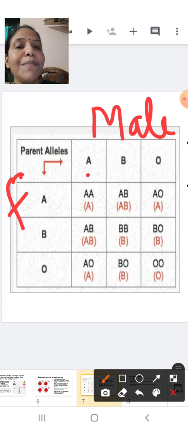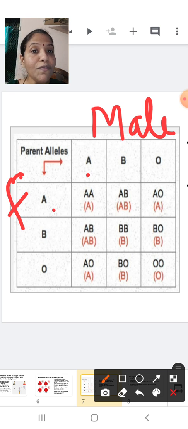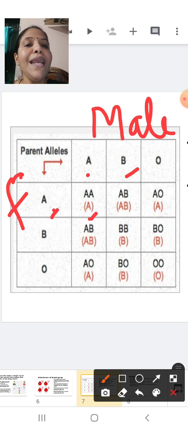and the female has blood group A, then what are the chances? The chances are that the blood group A of female and blood group A of male, both of them are dominant. So the child will be having what blood group? A blood group. If the female is A and the male is B, in that case the blood group will be AB. Now, in case the female has blood group A and the male has blood group O, in that case O is recessive. O is recessive. O will not express. O means 0. So I will have the blood group as what? A only.